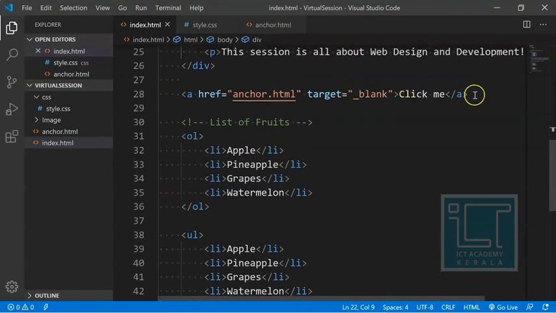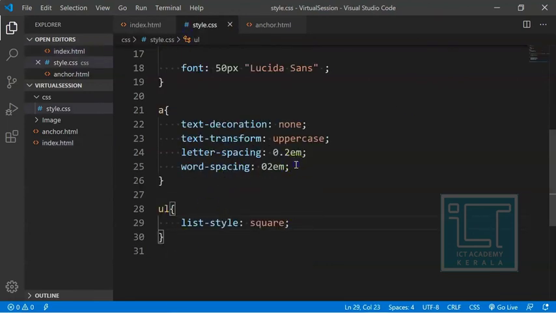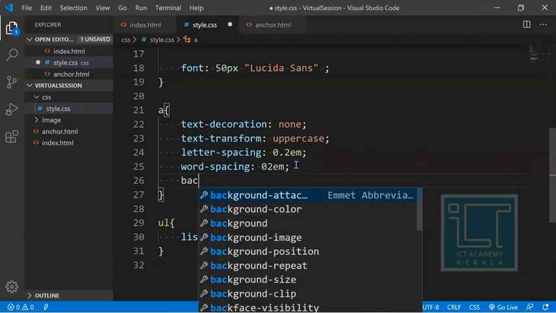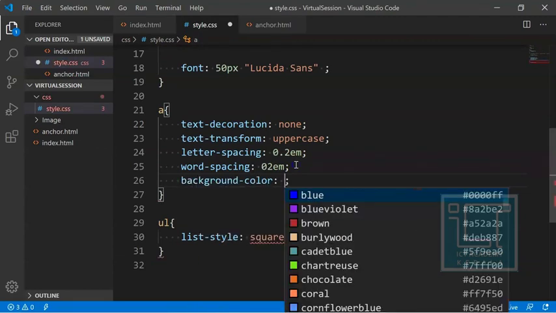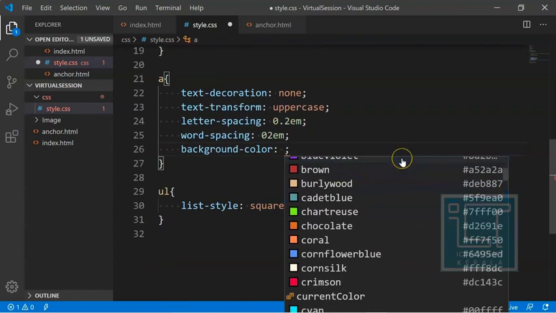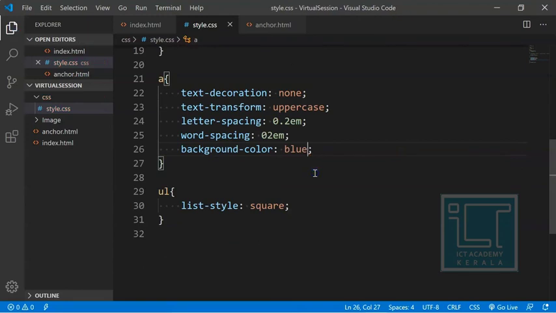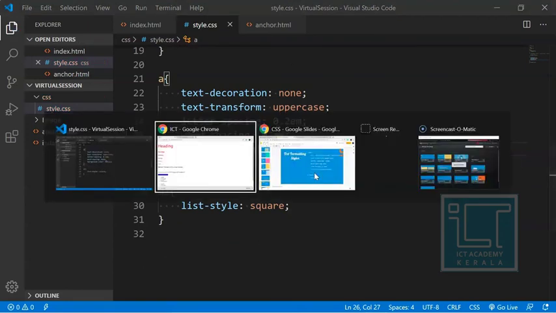So I am going to give an anchor tag. Click me will be my anchor tag, and I'm going to give a background color. Let the background color be blue.